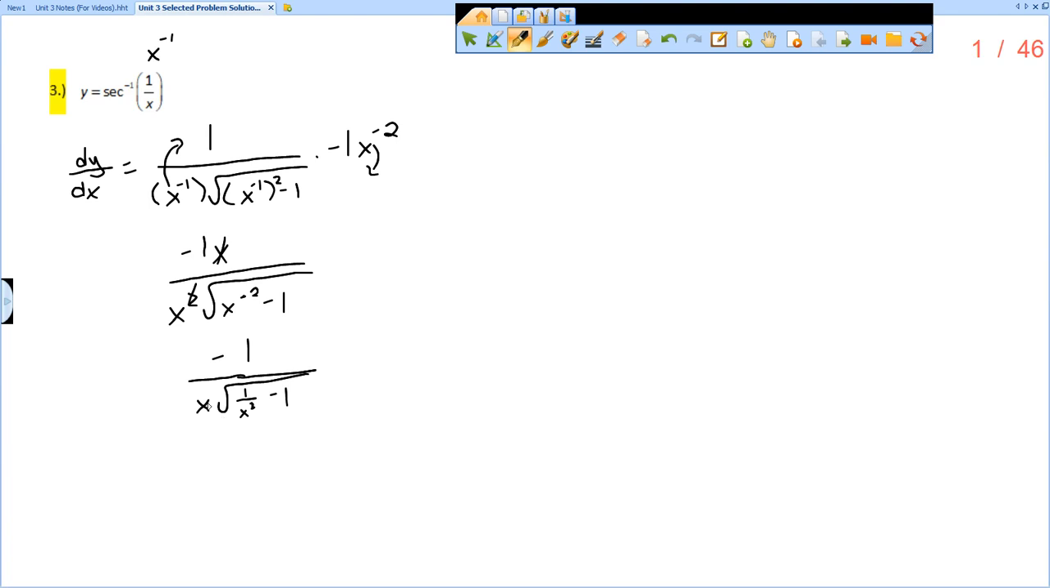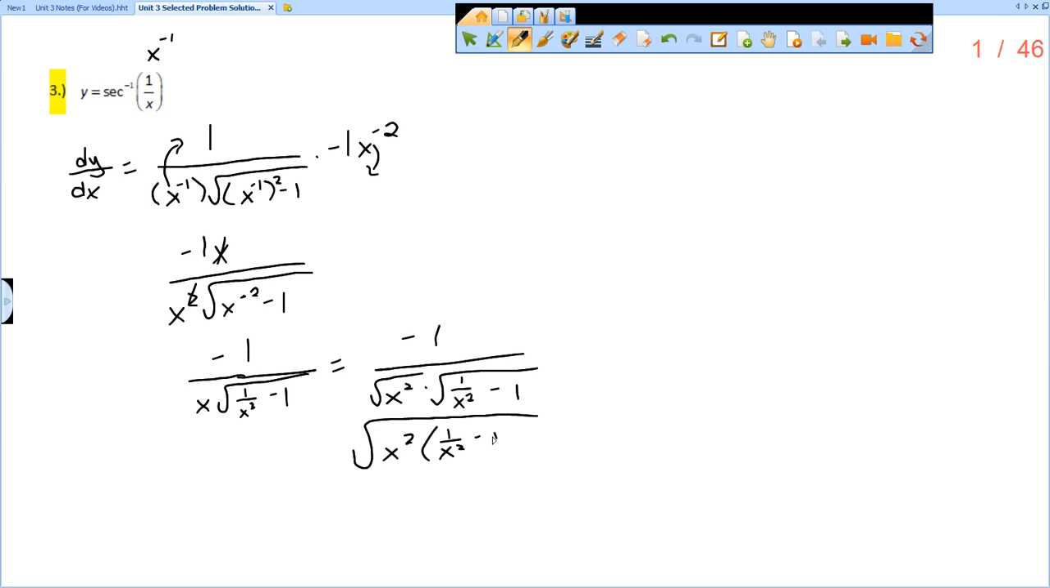Now, if you wanted to simplify this further or make it look a little different, you could realize that if I have an x out here, this could really be the square root of x squared. Because if I had the square root of x squared, then I could bring that square root in, bring these together. And if I did that, then I would have the square root of x squared times 1 over x squared minus 1. And so then you could have negative 1 over the square root of, if I distribute that, 1 minus x squared. And so that is what I